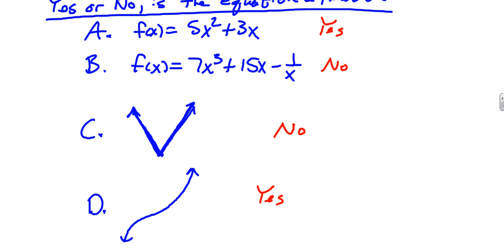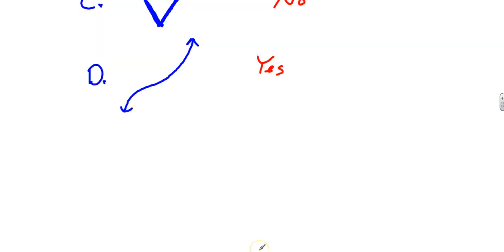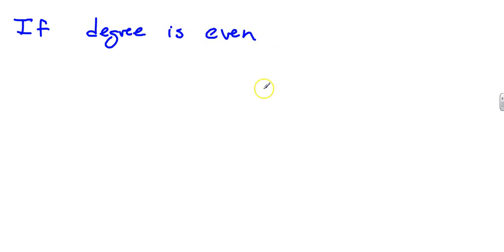And here's basically what it comes down to. Since we're doing everything x to the first, x to the second, x to the third, you can break it down into one of two different types of categories, based on if your degree is even or if your degree is odd. So we're going to look at the even part first. If the degree is even,